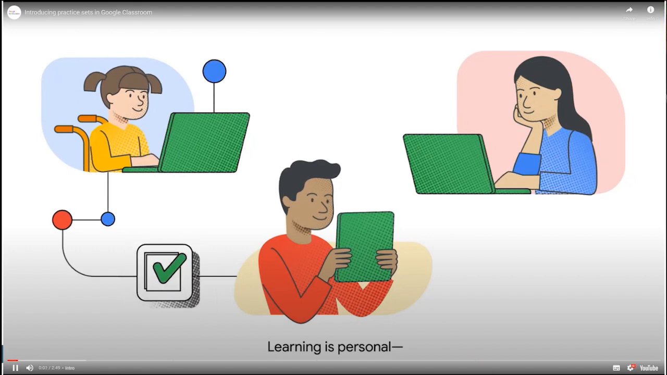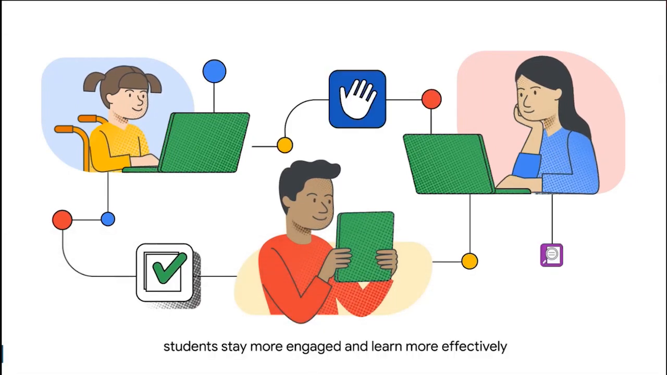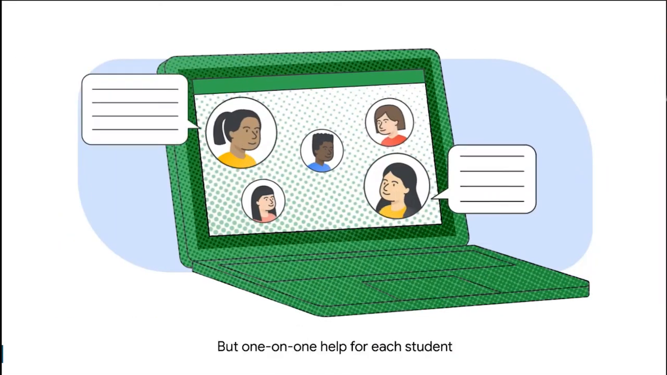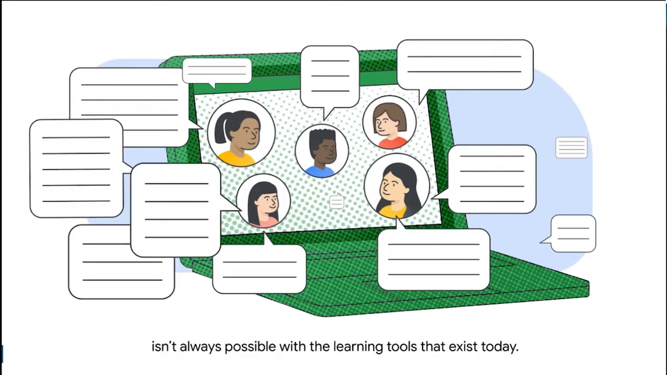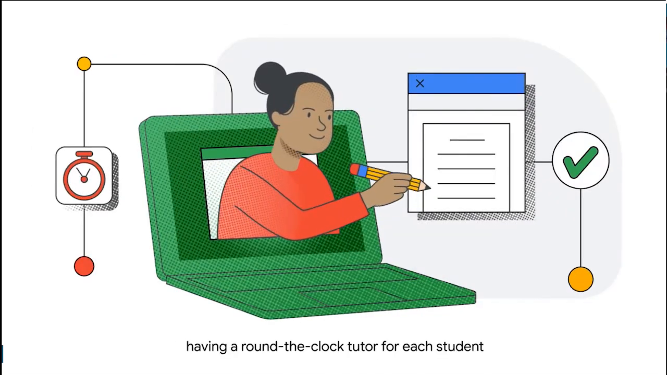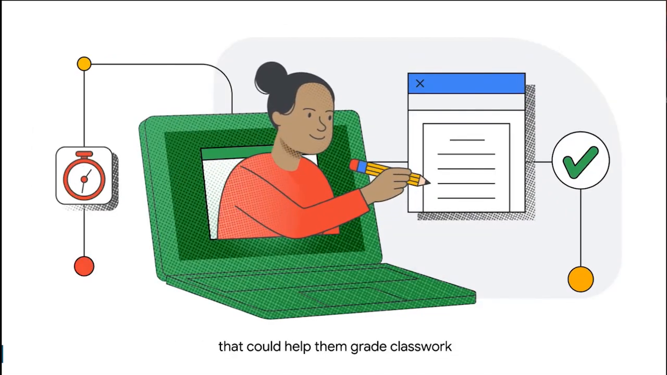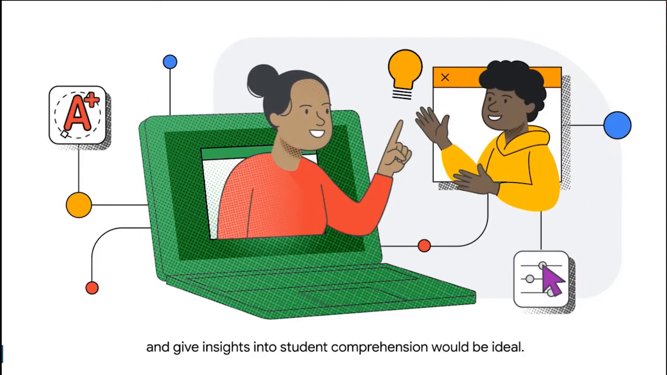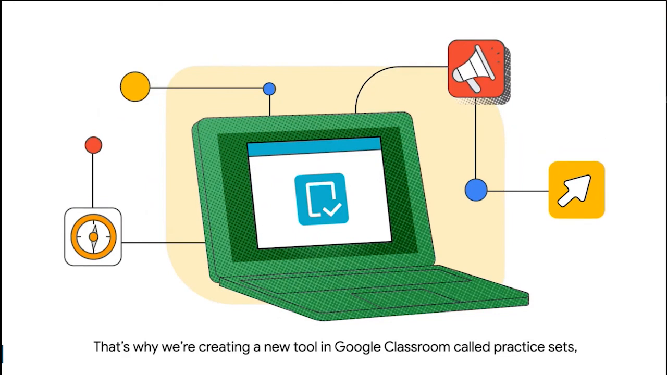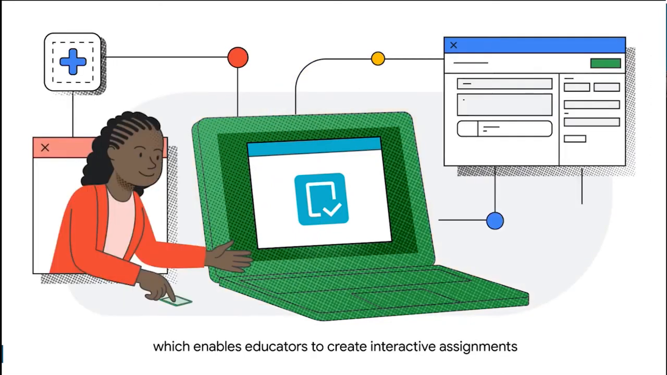Learning is personal. Students stay more engaged and learn more effectively when they get feedback right away. But one-on-one help for each student isn't always possible with the learning tools that exist today. For educators, having a round-the-clock tutor for each student that could help them grade classwork and give insights into student comprehension would be ideal. That's why we're creating a new tool in Google Classroom called Practice Sets, which enables educators